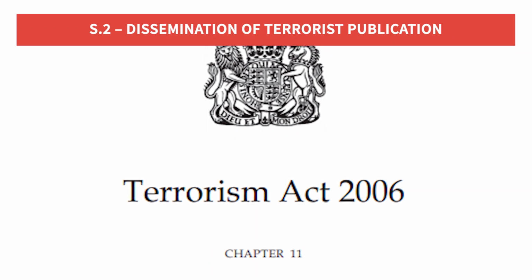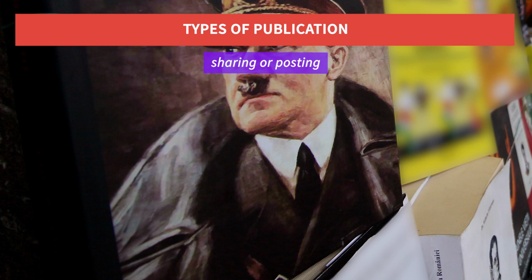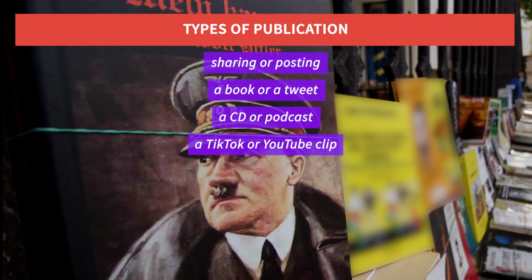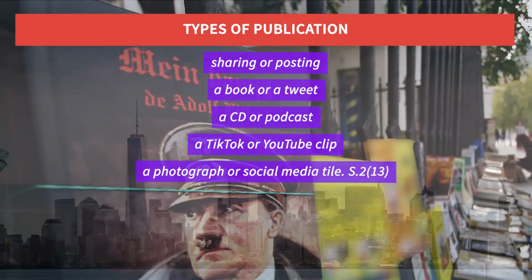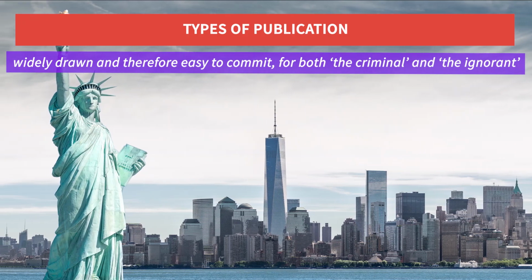Section 2 creates the offence of dissemination of a terrorist publication. Dissemination of a terrorist publication can be sharing or posting a book or a tweet, a CD or a podcast, a TikTok or a YouTube clip, a photograph or a social media tile. This terror offence, like other terror offences, is widely drawn and therefore easy to commit for both the criminal and